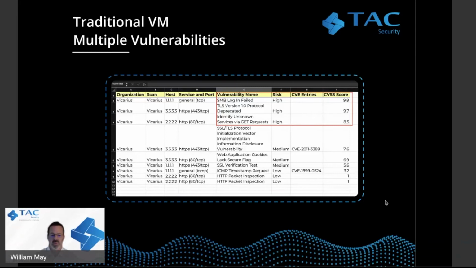This is really traditional. And I know many of us have seen these reports, they can be reams and reams of paper. And what do they really help us with? It requires a lot of time and effort, and it's usually just a snapshot. Once this is done, this is done for that period of time, that second, that moment. As time goes on, these things change. It's not as dynamic as it needs to be. It doesn't provide the clarity we need, especially when we need to know what's important and what we need to be focusing on from a priority perspective. Next slide, please.